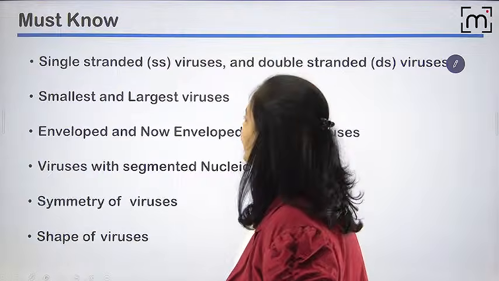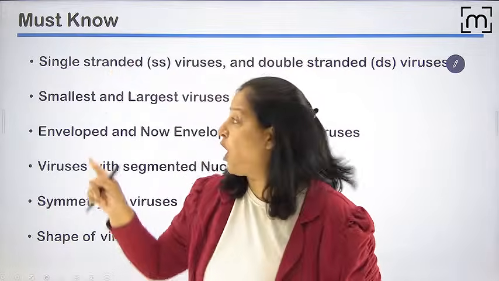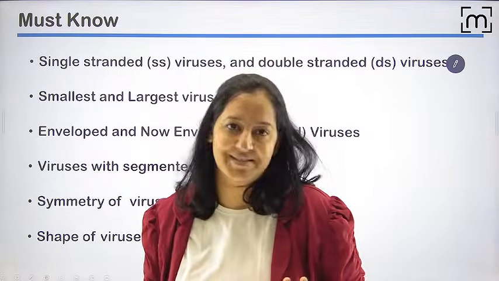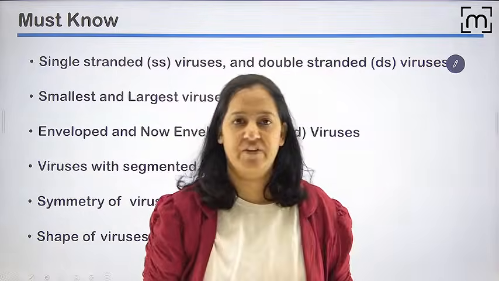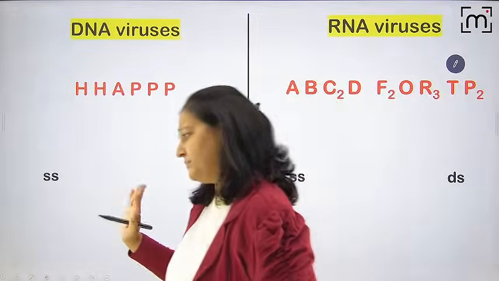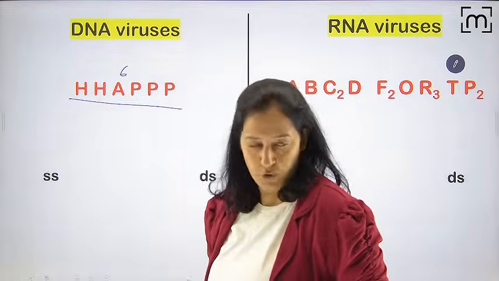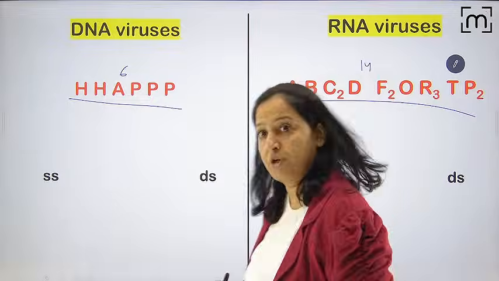So let's start. Now I will tell you 6 things. If you learn the classification, then you are allowed to attend my further session. If you have not learned the classification, you will not understand it. I'm sorry. Now you have to understand these 6 things based on the classification. I assume everyone knows the 6 families of DNA virus and the 14 families of RNA virus, and their full forms.